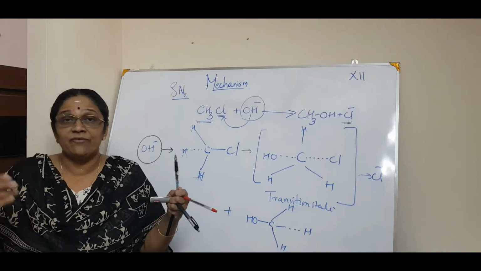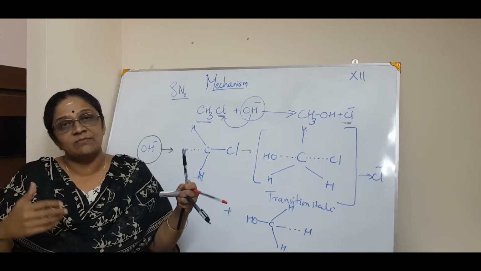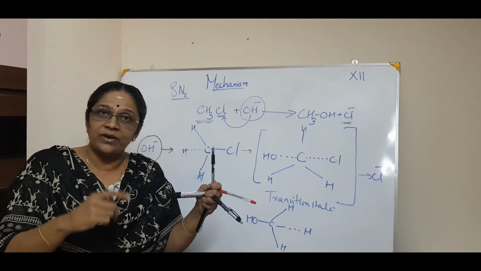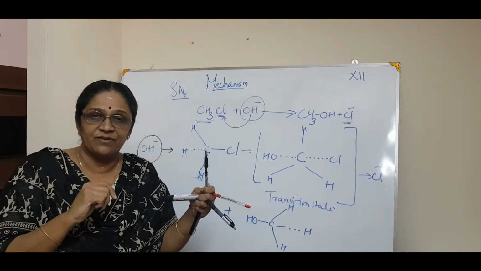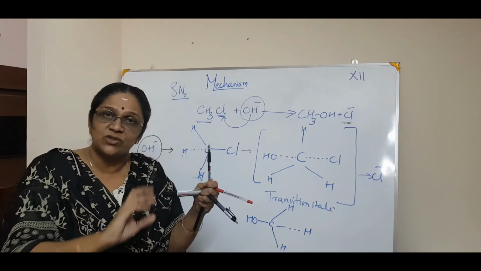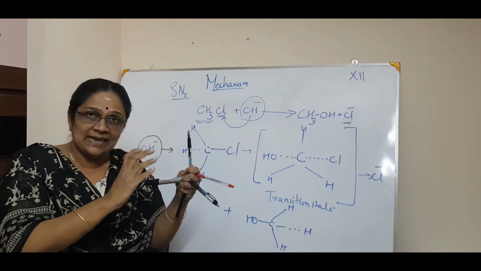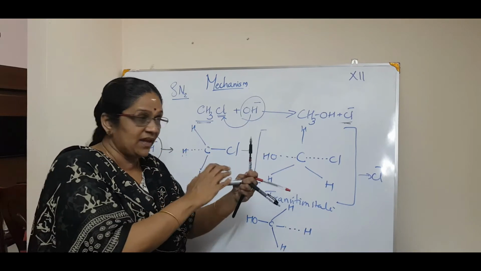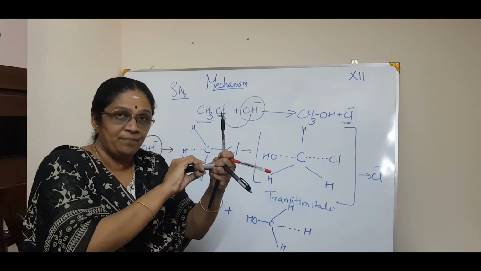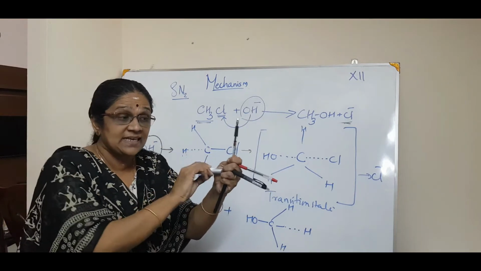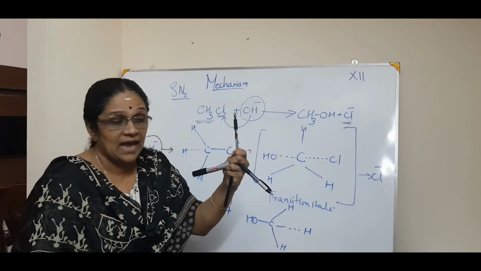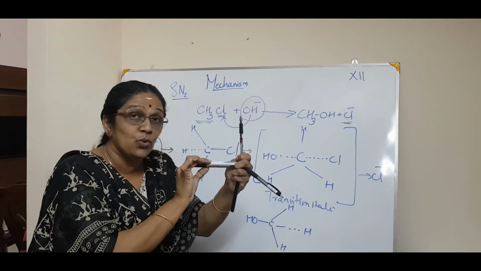For example, if you are flying from Trivandrum to Delhi, there must be a transition in Bangalore or in Bombay. The flight will be having a transition, so we have to get down, then you go into another flight. So that is a transition state. In the same way, simultaneously this C-Cl bond will be breaking,